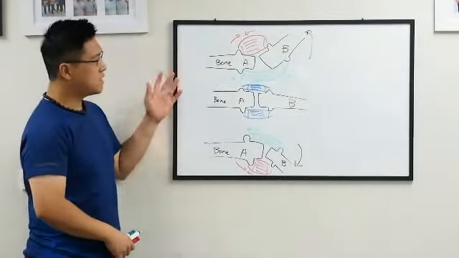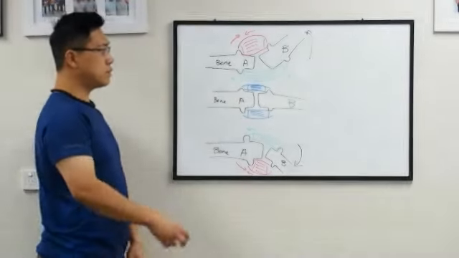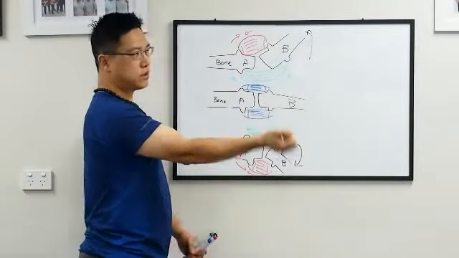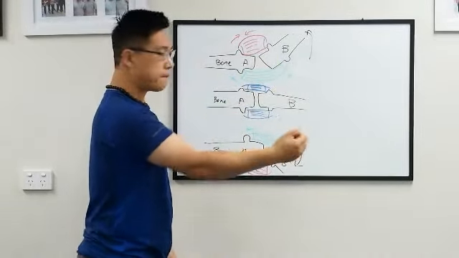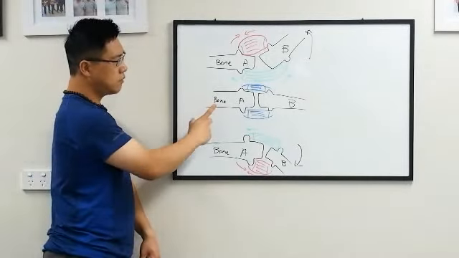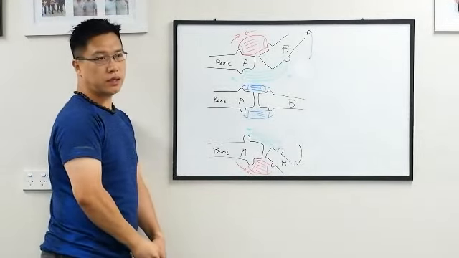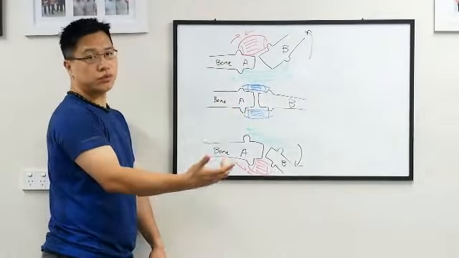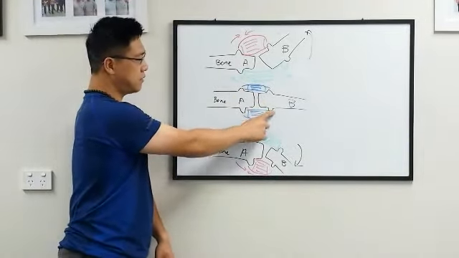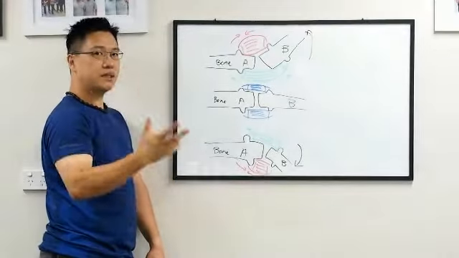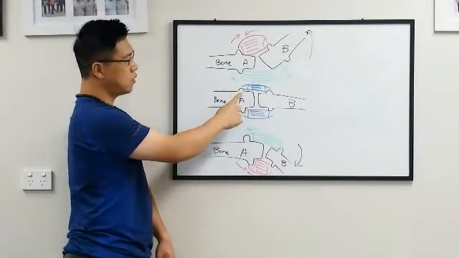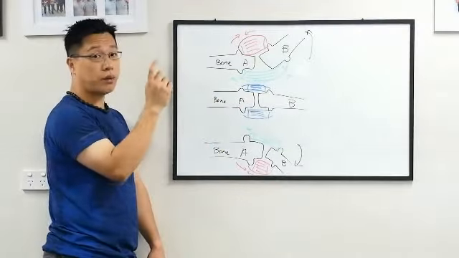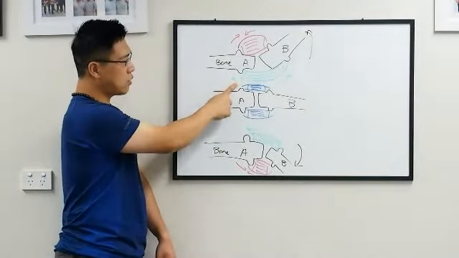Okay, we have three situations here which simulate a bone movement, which is body movement. Just for illustration simplicity, I just draw two bones, and with this notch it's easier to draw. So these two bones, bone A and bone B, are connected by a pair of muscles, one on top, one